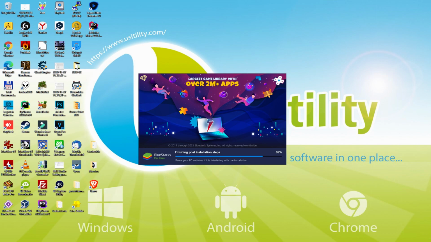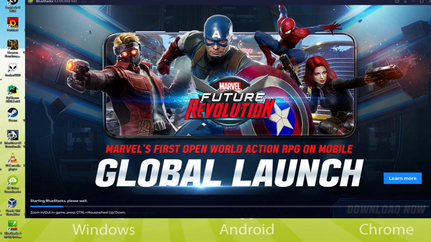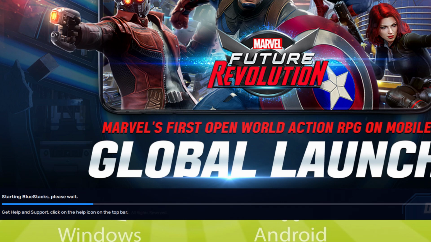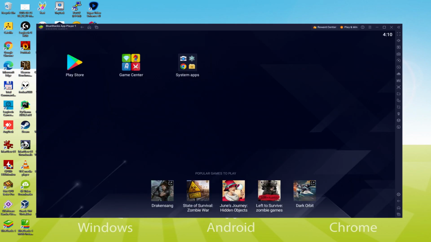The installation has already finished for me. At this point, the emulator has actually been started instantly. As you will notice, at the bottom of the screen, we have a progress bar that will move forward to the right when it actually reaches the ending. The emulator is going to be started for the very first time. The reality is the emulator is already launched, here for the first time.